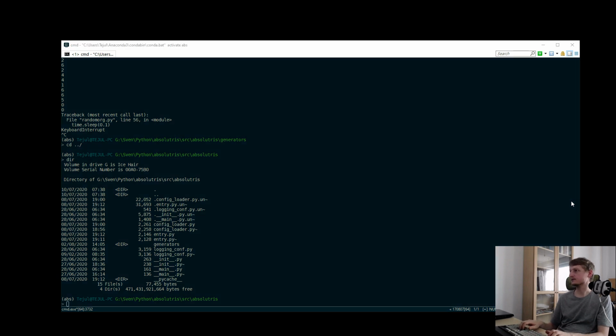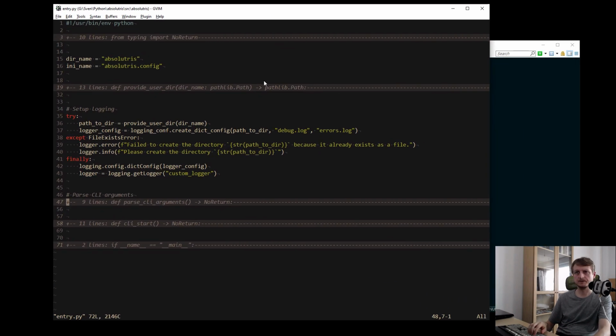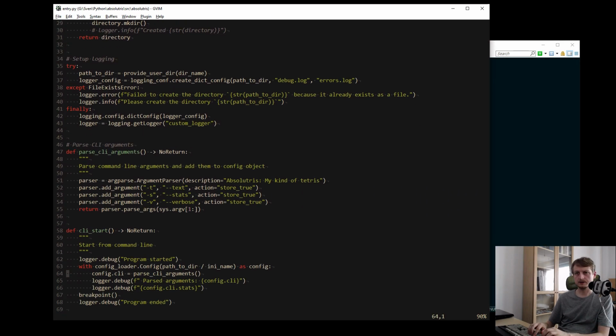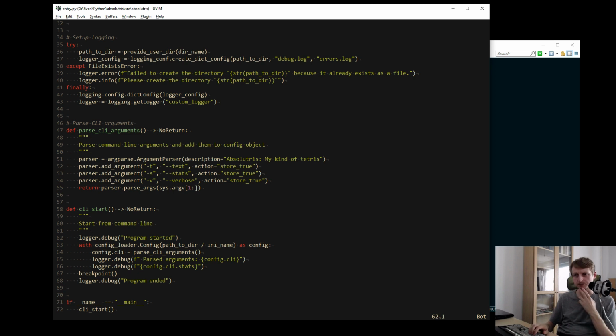If I just modify my entry function, CLI start, program started, CLI starts.